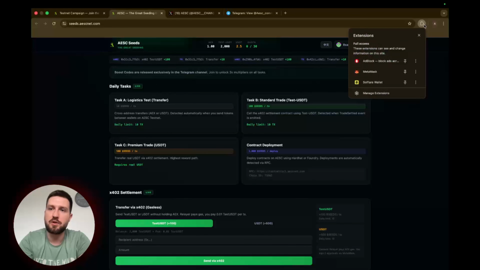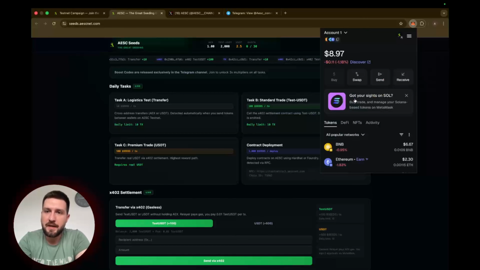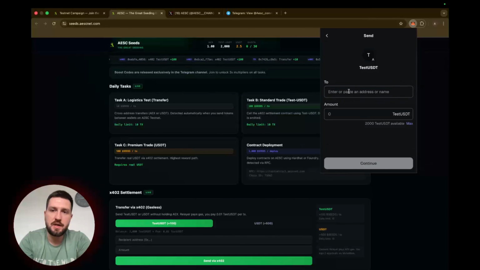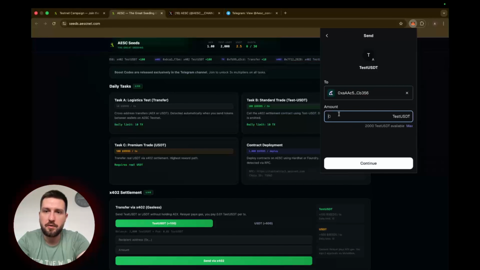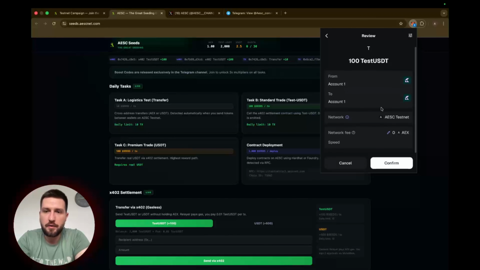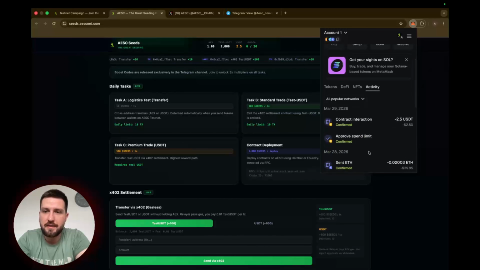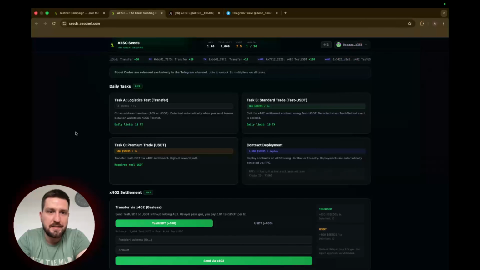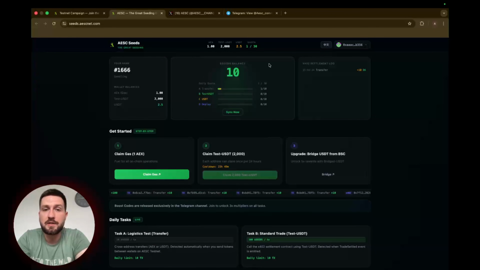How to do that? For example, guys, go to your MetaMask wallet, click on send test USDT. As you can see, we have 2000. Enter the address that you want to send your tokens to, and the amount. Right now I will send 100. It's not important, guys, it's only a test. Continue. Follow the steps, approve the transaction as well. As you can see, the transaction is confirmed in a couple of seconds. For that we are getting rewarded with 10 seeds, as you can see,